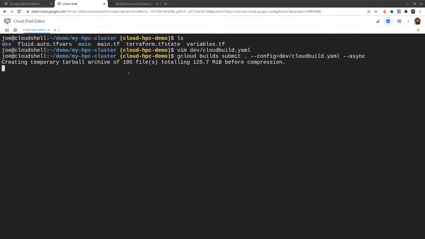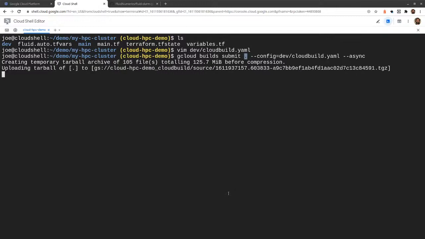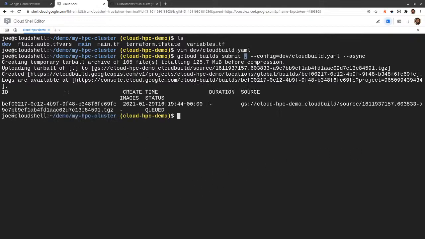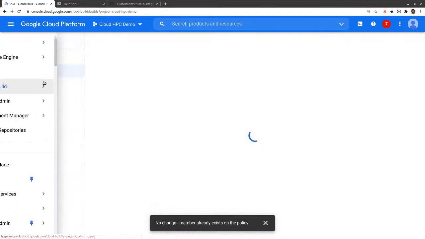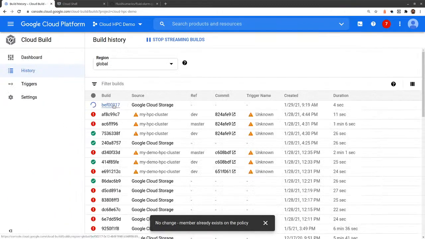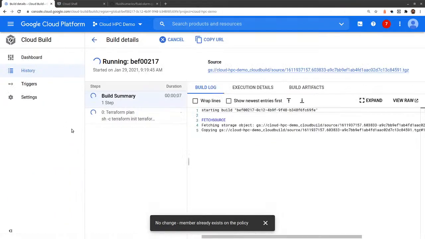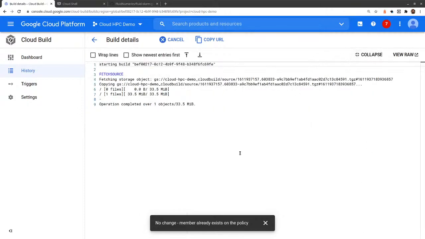Right now it's doing some setup. Essentially, Cloud Build is going to bundle up the directory that the dot argument refers to and send it up to the Cloud Build service. It's got the build queued. So if I go back to products and services and hit Cloud Build, you'll see we've got that build coming through. Now if we expand those logs, we're going to see